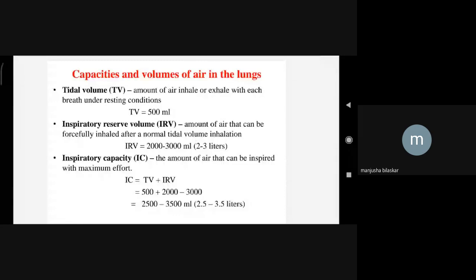Next is inspiratory reserve volume. The amount of air that can be forcefully inhaled after a normal tidal volume inhalation. Means if we are breathing normally, then when we are breathing forcefully, how much extra amount of air